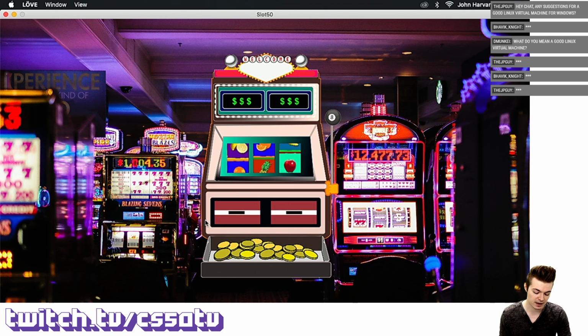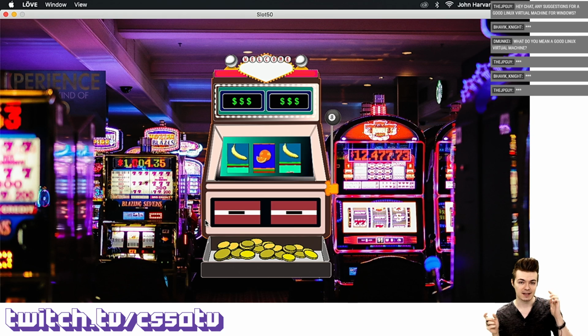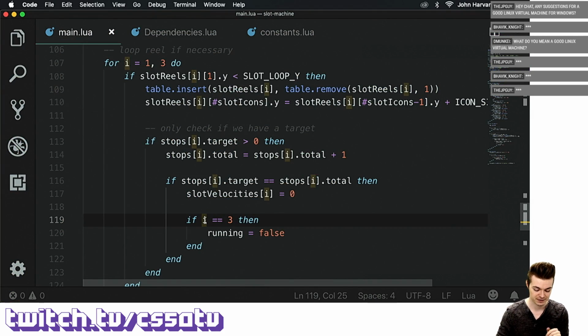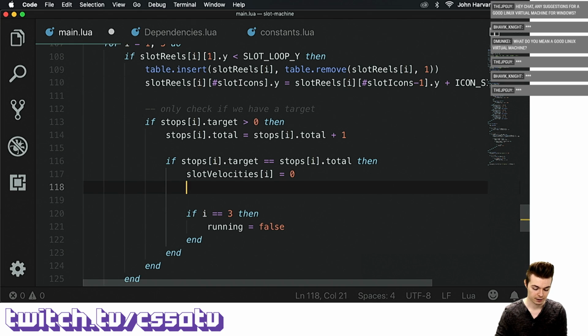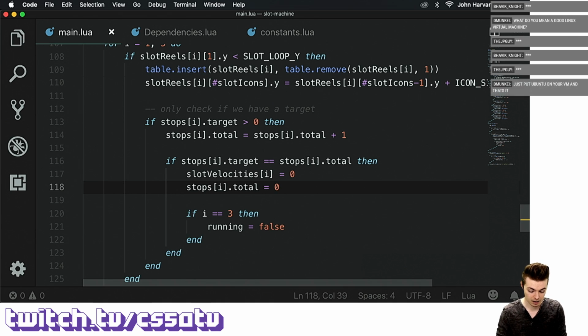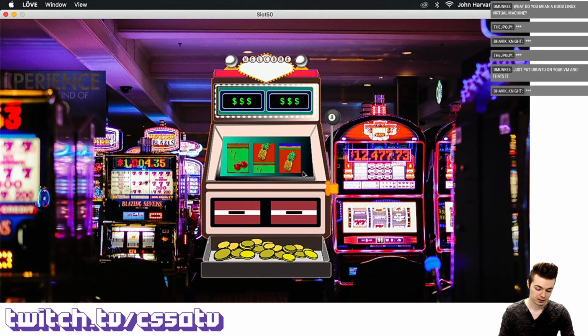Oh no, it's because total is always going to be greater than target. Because total never gets set back to 0. So we need to set total to 0. So we do that here. We say stops I dot total is equal to 0. Now, this should work. If we stop all three of them,